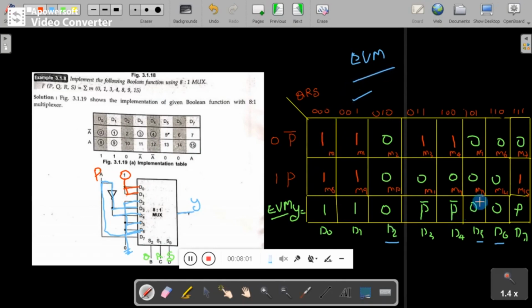Otherwise you can use the same technique: if both places are 1, output is 1; if both places are 0, output is 0; otherwise the corresponding variable you have to mark in the output. And this acts like a data input for the multiplexer.